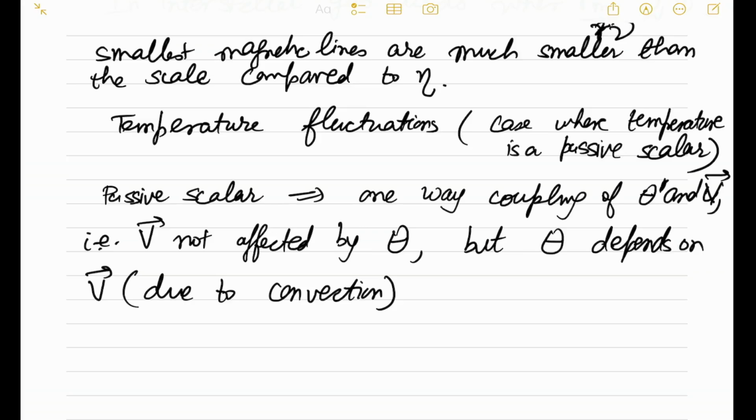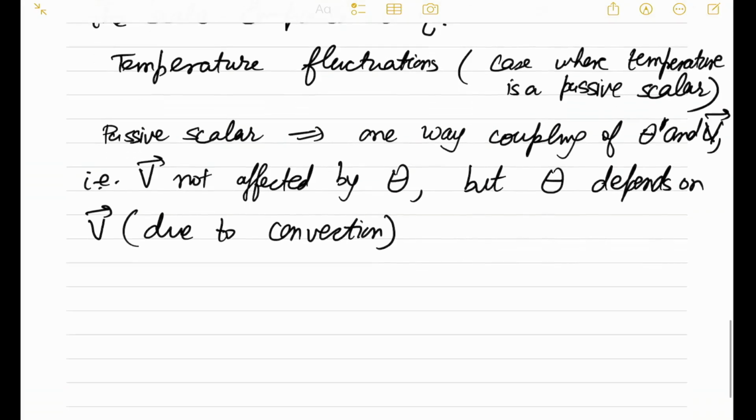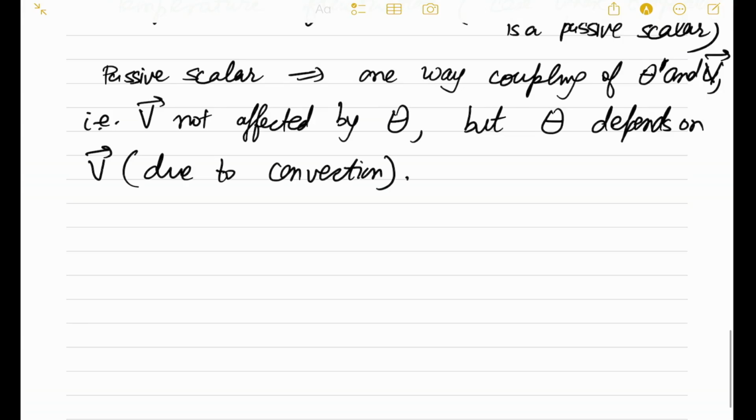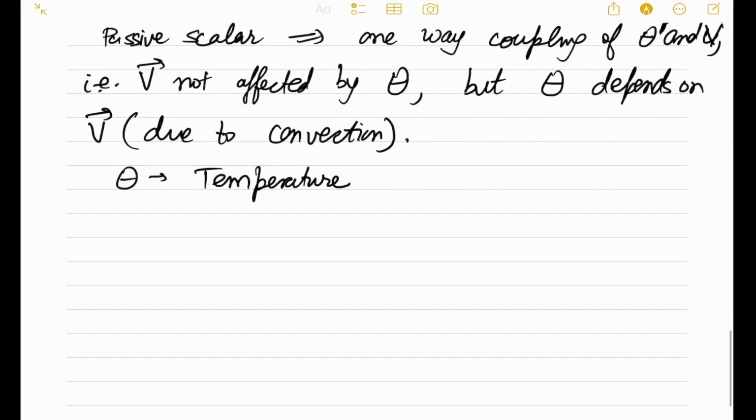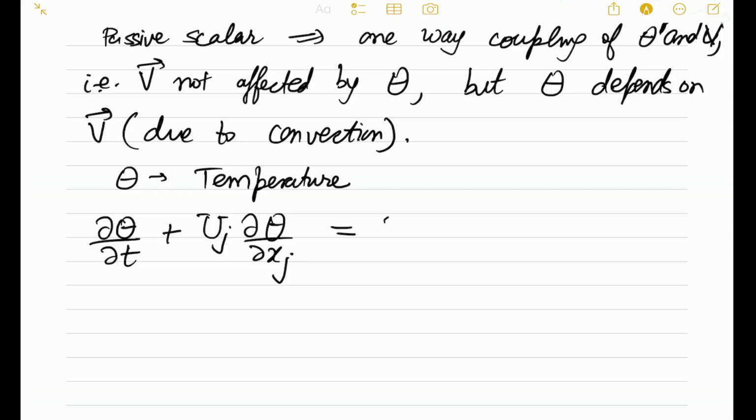Okay. Now, the equation for this turns out to be the temperature equation. Let theta be the temperature. So, the equation for theta in this case, what would you expect? Partial theta by partial t plus uj d theta by dxj is equal to gamma